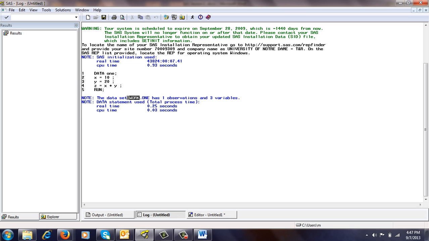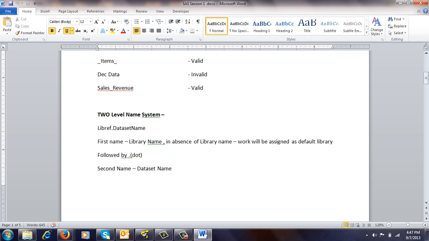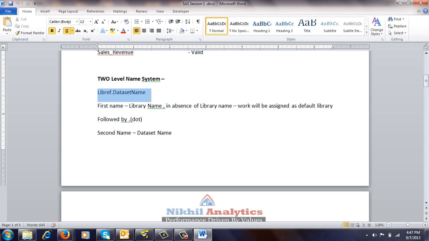What is work? Work is nothing but a library. SAS follows a two-level naming system. That is, it first refers to a library name, then a period, then the data set name.